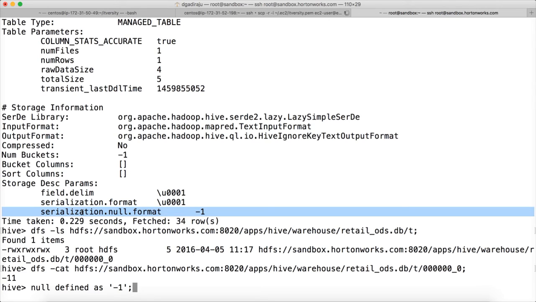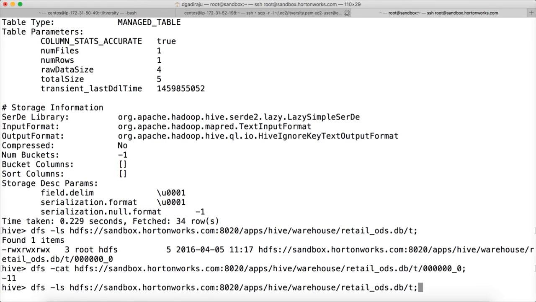You can see it here also, serialization null format. For i, the value is stored as -1, and then it is showing it as null for us when we are actually querying the data. So there is nothing like a null character in Hive. It has to be represented by something or the other. Okay, by default I think